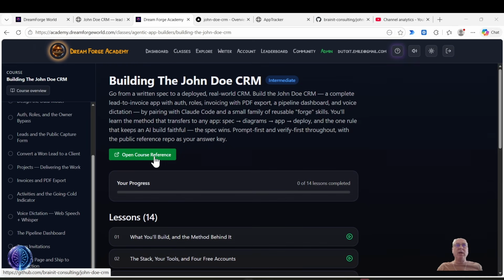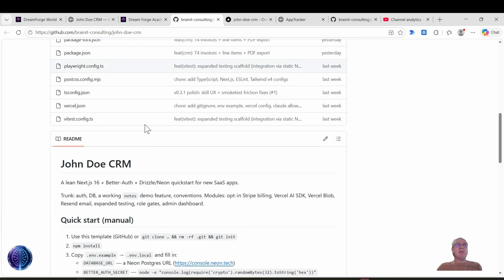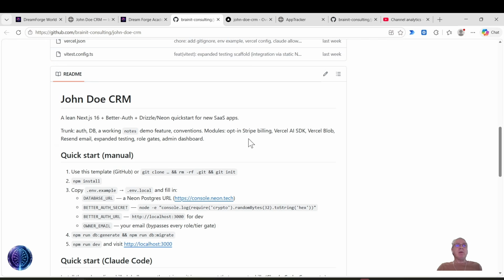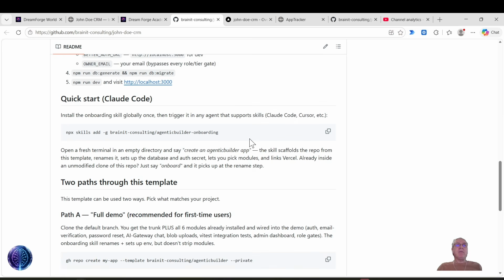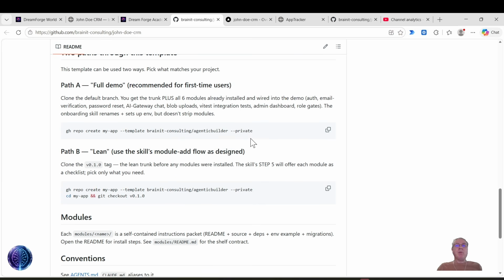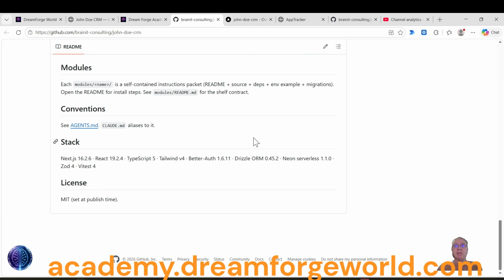Also, just to point out, if you want to see the entire GitHub, I'm going to make this a public GitHub when the course is complete. So you'll be able to open the course reference from here and see the entire repo, which is an example showing how John CRM was built, the one that I built, but you will be able to create your own, and you can even make changes to make it yours. But maybe the first time, if you haven't done this sort of thing before, you should follow along and just see if you can recreate John Doe CRM first, and then go from there to customize for yourself.